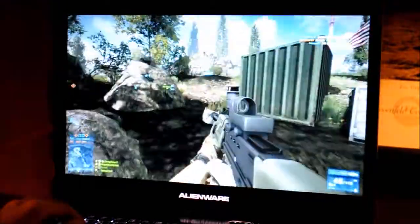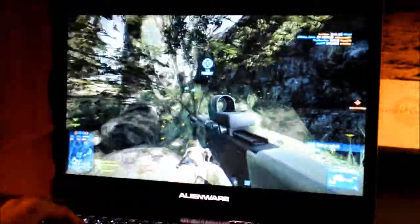Again, this is with all settings maxed at 1080p resolution. I've got a slight boost on my overclock, but really this game, specifically this map, is mostly CPU limited, based off the amount of geometry and the mesh details with all the trees and grass and everything. So even without my overclock, I'm still getting high 30s frame rate though, which is in my opinion smooth. I mean, we're not talking 60 frames a second here, but